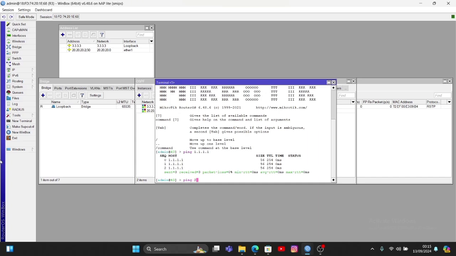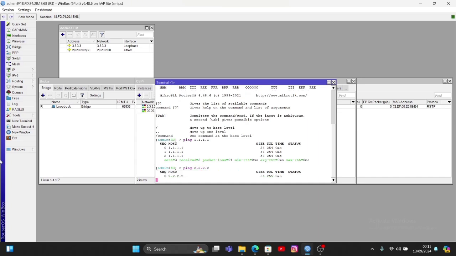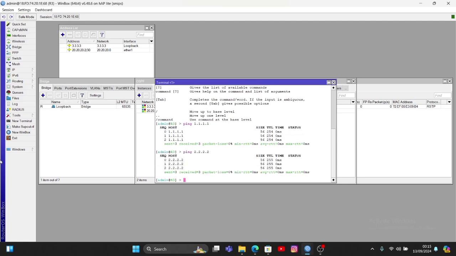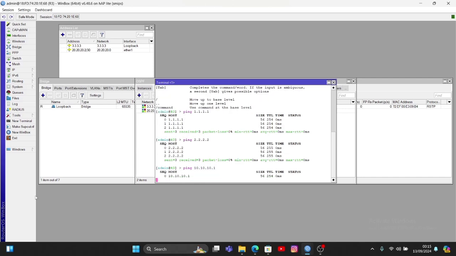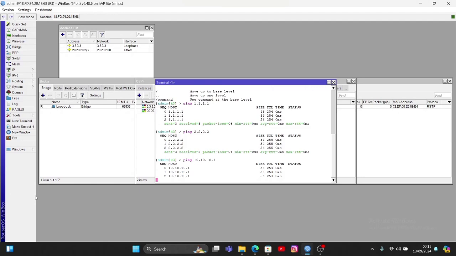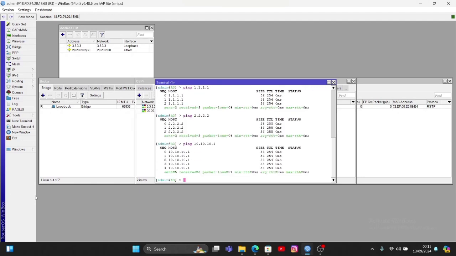And I want to ping the IP loopback from router 2, and success. And I ping the network of router 1 and it's success.